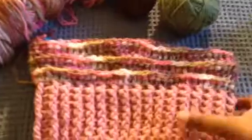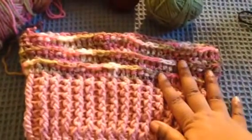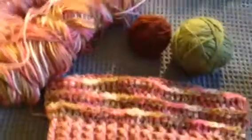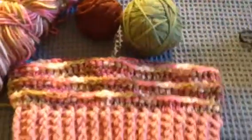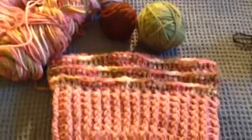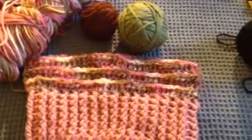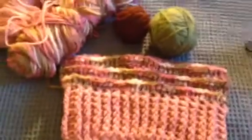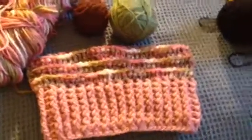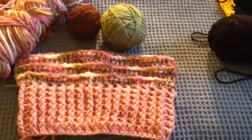So this one, I'm even thinking of maybe finishing this one just so I know the pattern. And then I think I'll have enough yarn left here to make another one with the green. The idea again is to either try to make these for my gift box, so when random gift giving occasions come up, you have something to give, or possibly start an Etsy shop, although I don't know. As for that, so that's all I've worked on since my last video. I know it's not a lot,